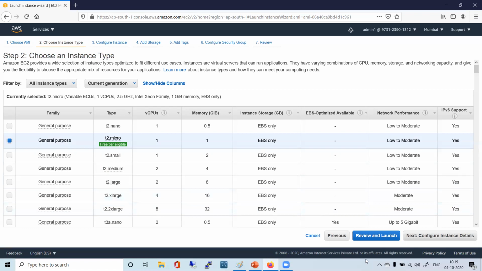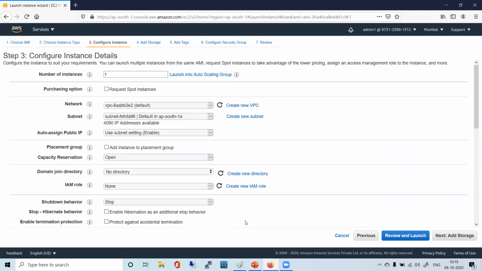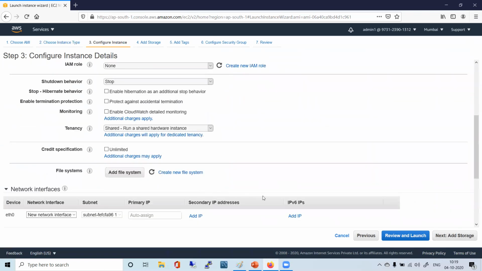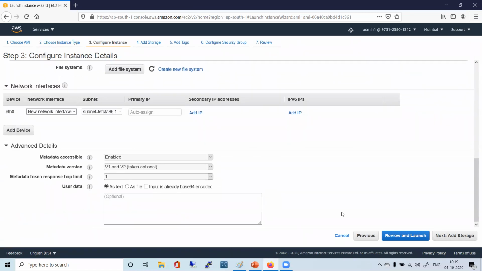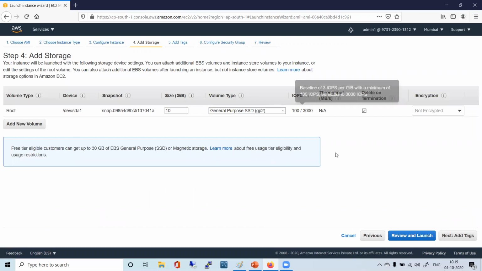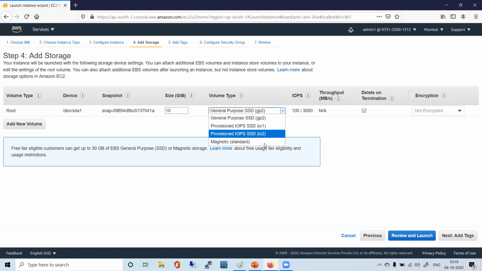Now, just take a look. I'll just show you. So you just go to this, whatever options are there by default. So I'm just saying next, add storage. I'm just keeping it like this. I can make modifications here. I can change the type of EBS volume as well, if I'm looking for something better apart from that GP2, that is one SSD volume that we have been using so far, that is the standard one, right? We'll be taking a look at other options in a short while.